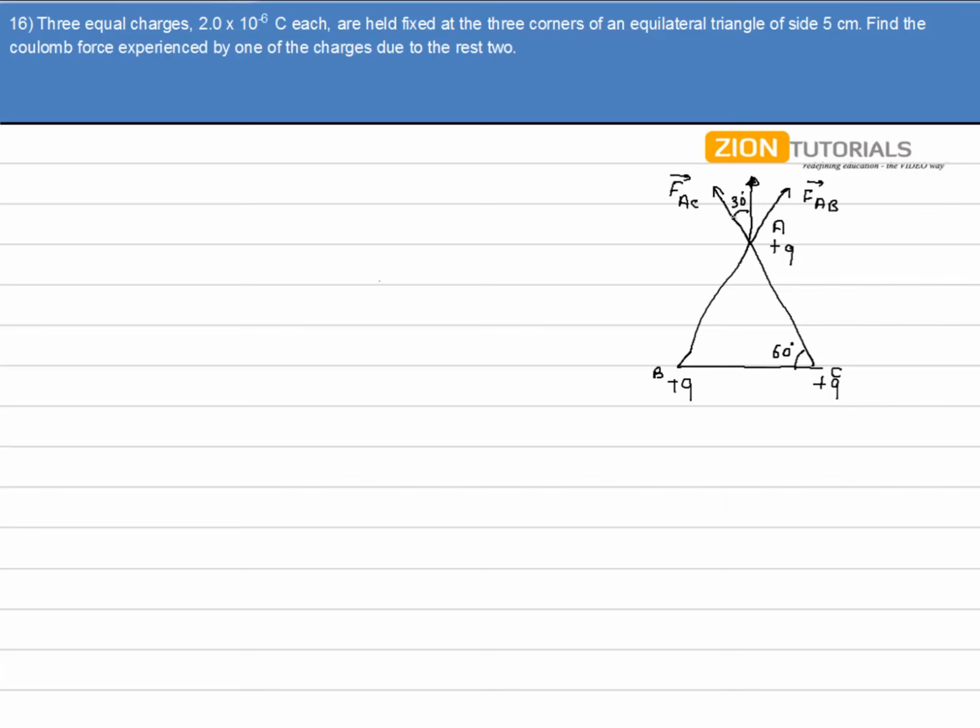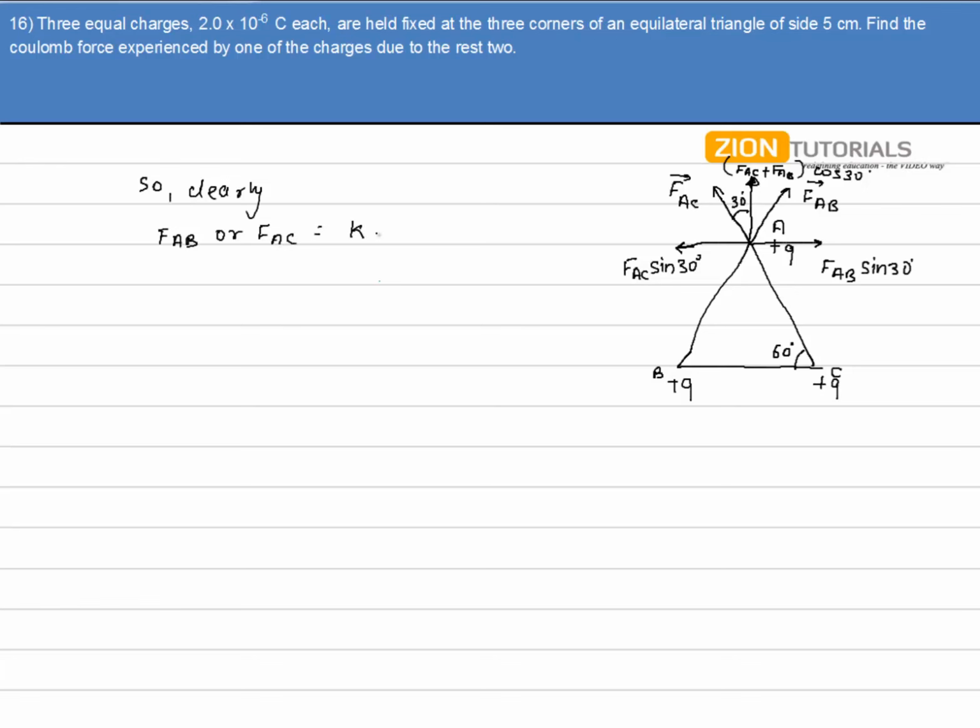And again resolving the two components over here, I'll get FAC sine of 30 degrees. Along this direction I'll get FAB sine of 30 degrees, and what I'll get over here is FAC plus FAB cos of 30 degrees. So clearly I can say over here that the net force, that is FAB or FAC, will